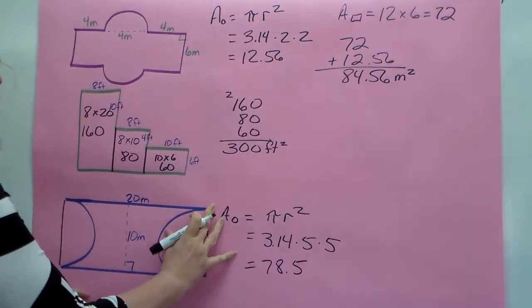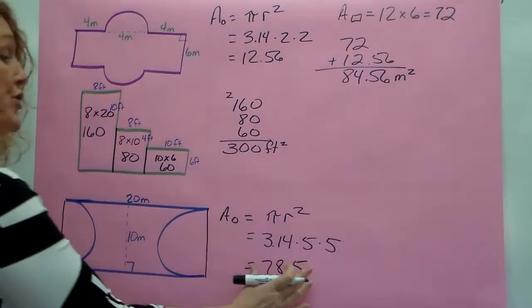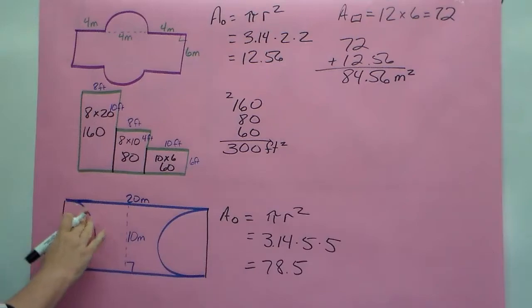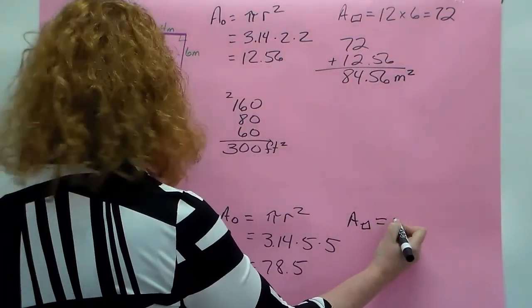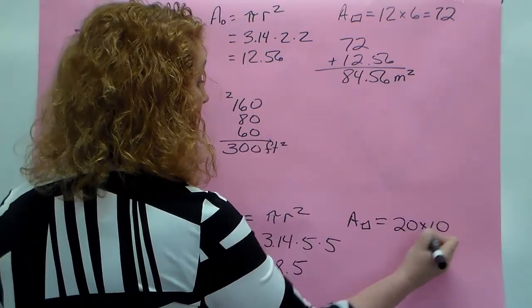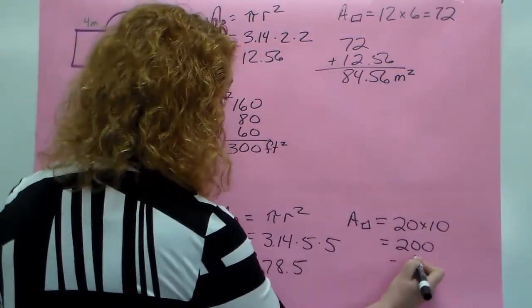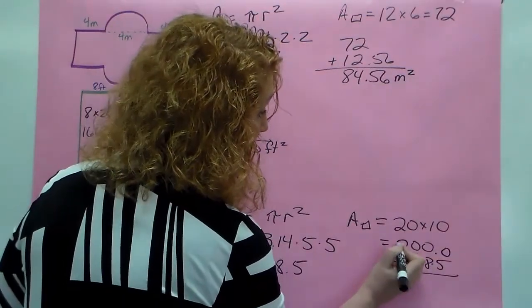Now, that's actually taken out of this rectangle. So I'm actually going to subtract this from my overall total. My overall total, of course, the area of my rectangle is going to be 20 times 10, which is 200. So I'm going to take 200 and I'm going to subtract 78.5,